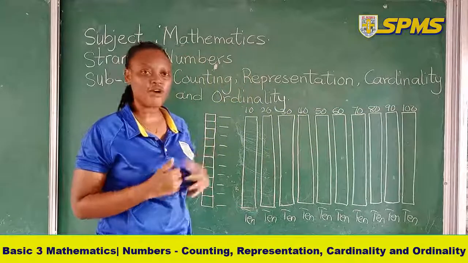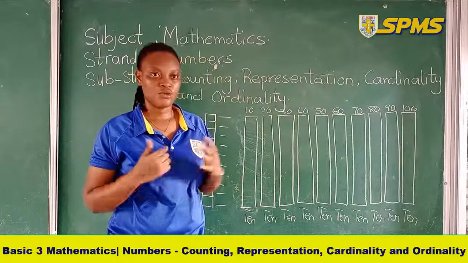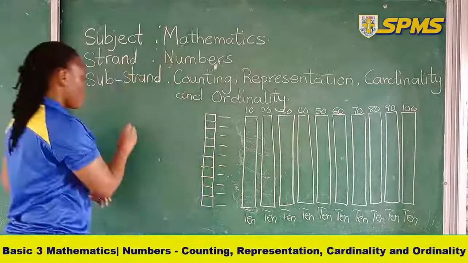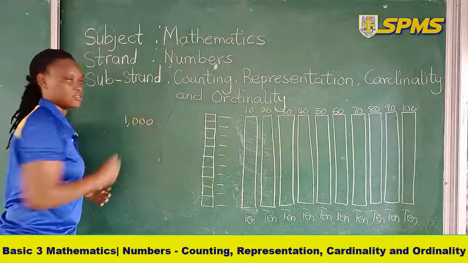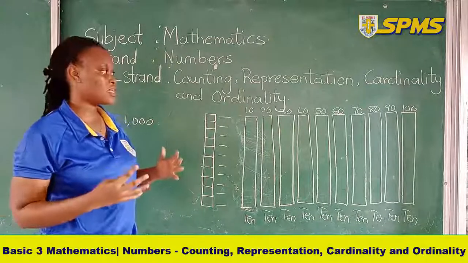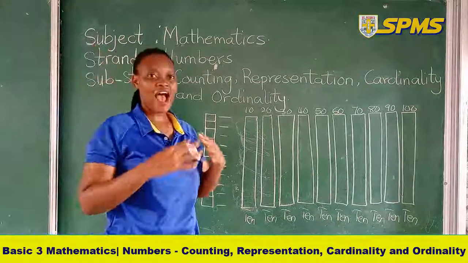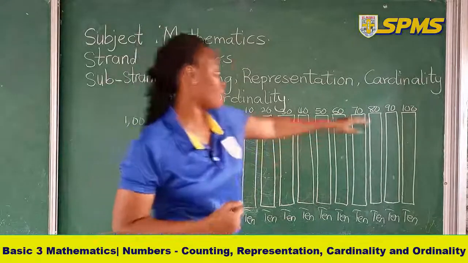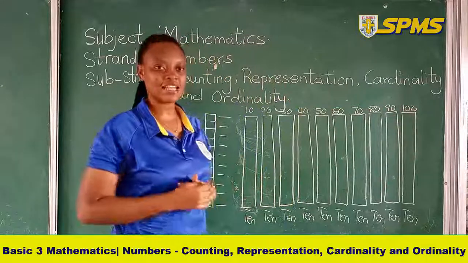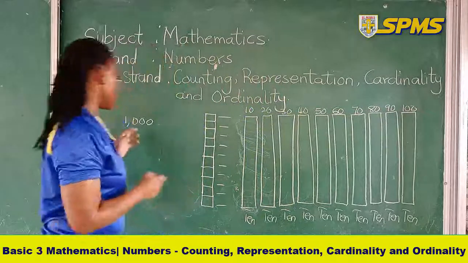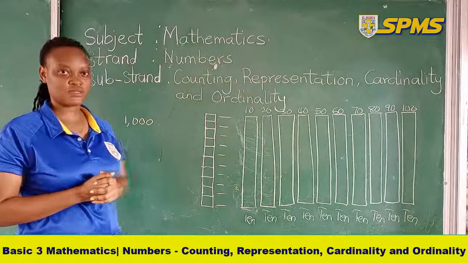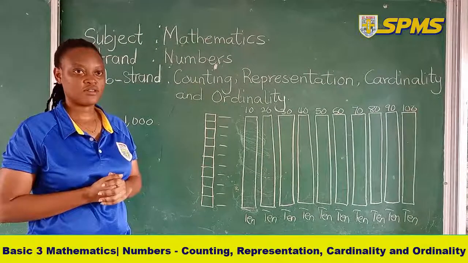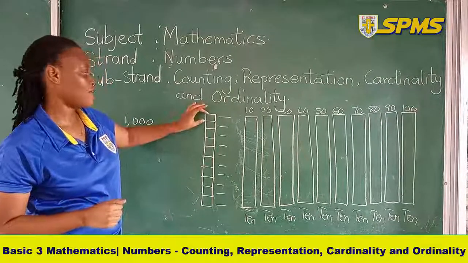And then 10 of the hundreds will give us what? 10 of the hundreds will give us 1,000. It means that we are putting together 100 blocks. So one of these 100 blocks times another 9 to give us what? 1,000. Very good. So we have ones,